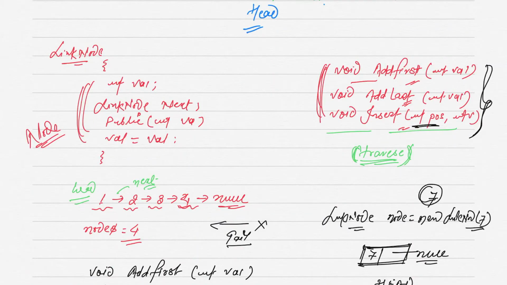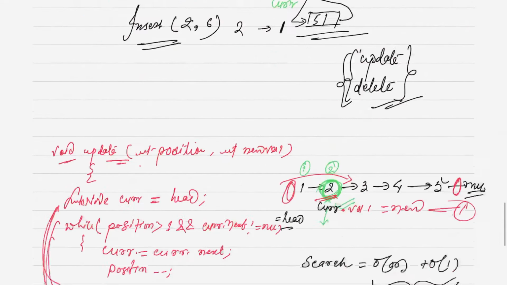So welcome once again to Code for Everyone. As we have learned most of the concepts over the linked list, we have learned how to create the singly linked list, and we tried to define all the functions like add first, add last, and insert at specific positions, right? In this particular video we are going to talk about deletion, right?